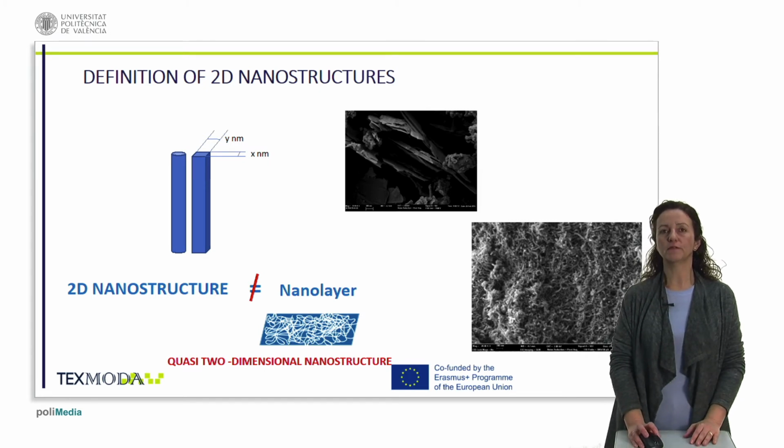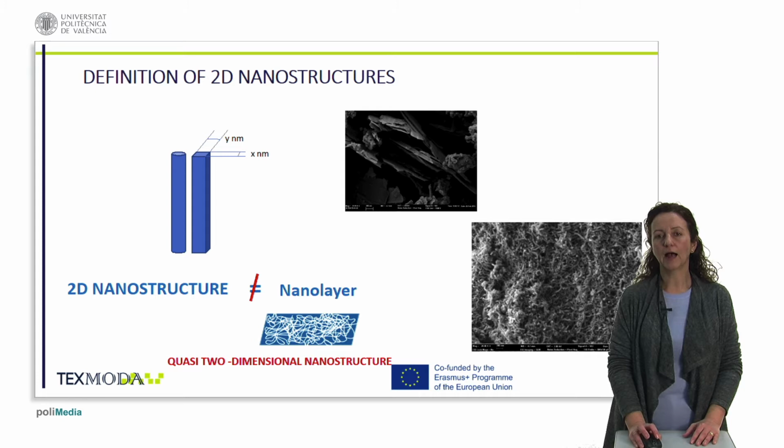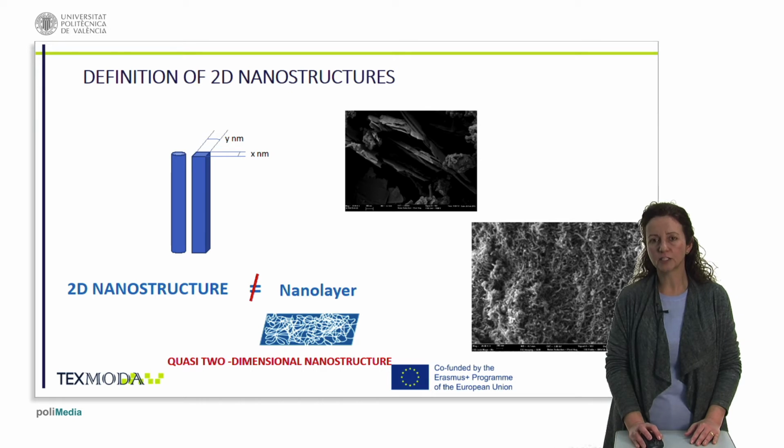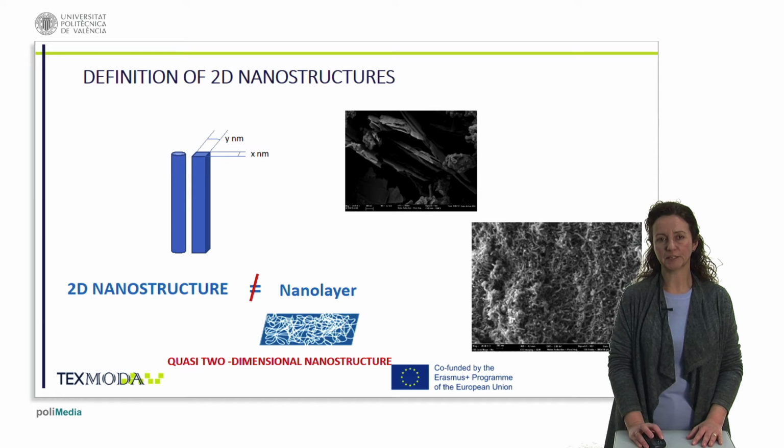So in this picture we can observe the 1-dimension nanostructure that we said previously, but here we can observe a surface covered with nanofibers, right? Take into consideration that here we've got the scale, and in this case the bar that we have in this part here is 25 nanometers, okay? So it's going to be nanometric.